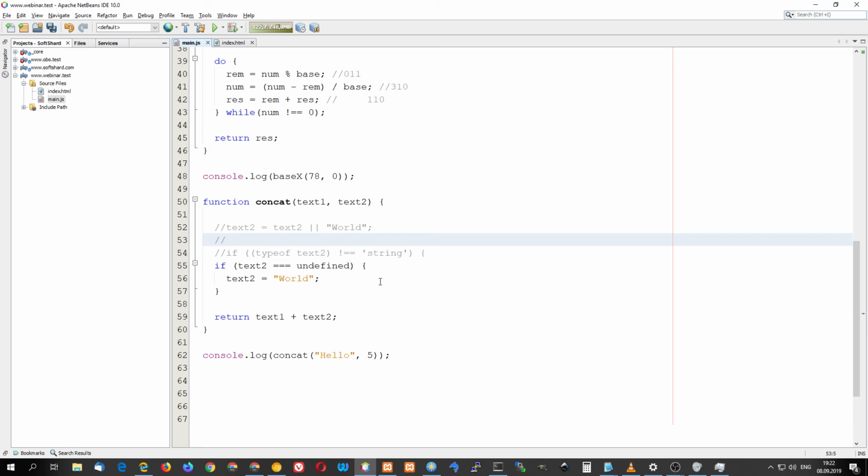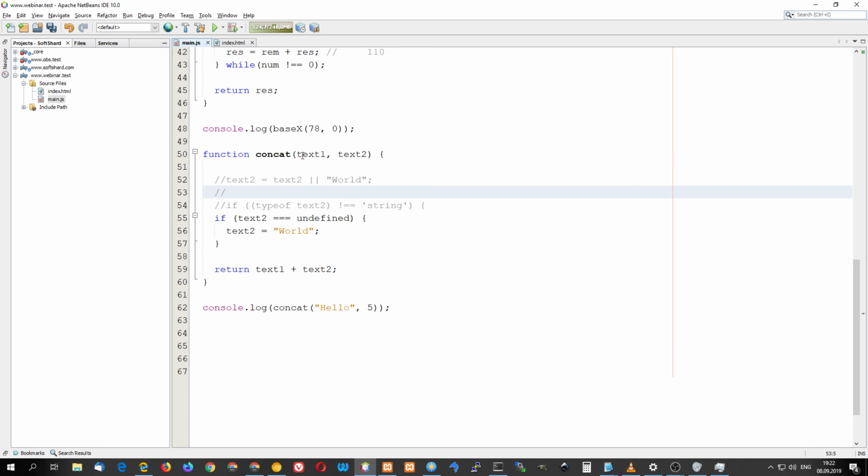There can be, of course, functions that have no parameters at all. Why not? If you need some functionality to be done,